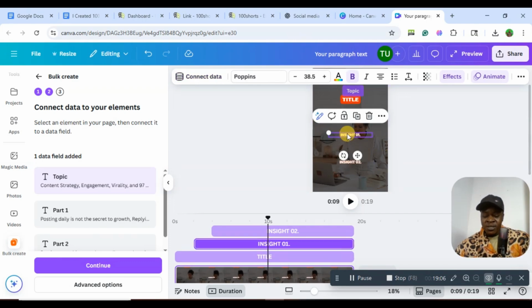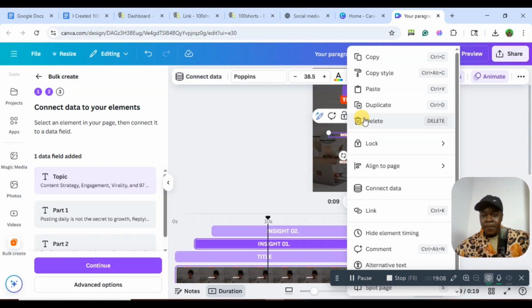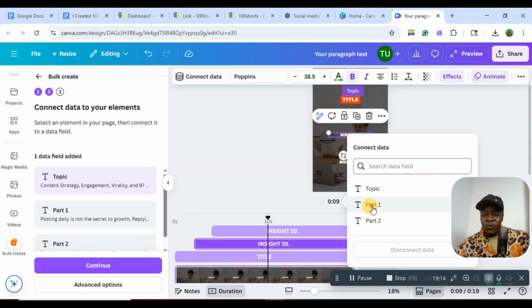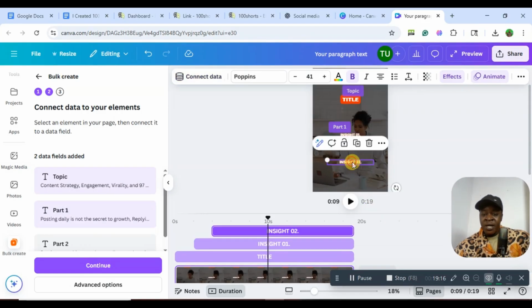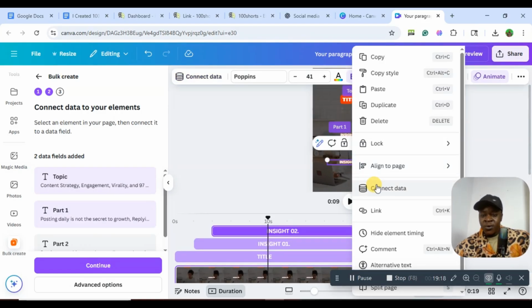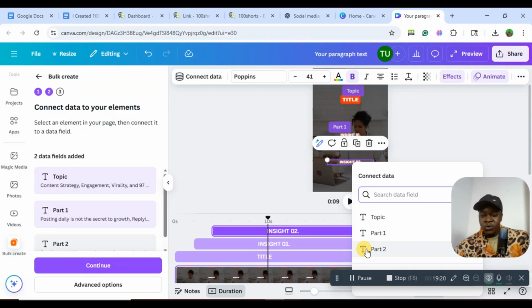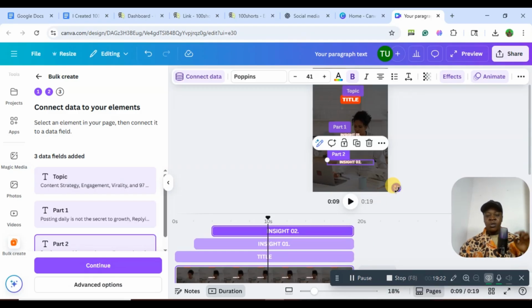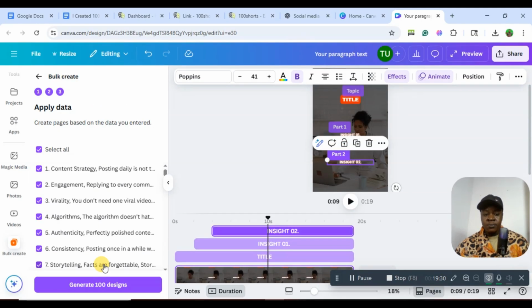And we're going to do the same thing. You left click on your PC or your mouse. Then you click on connect data. Then connect part 1 to insert 1. Then part 2, do the same thing, repeat, connect data, part 2 to part 2. Now we are done connecting. So you can see the topic is the title, the part 1 is the insert 1, the part 2 is the insert 2. So what we're going to do is click on continue,